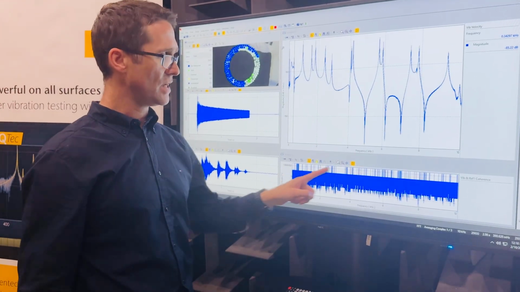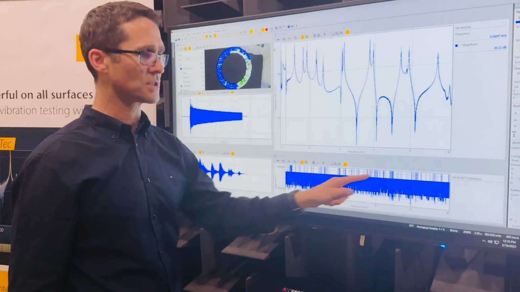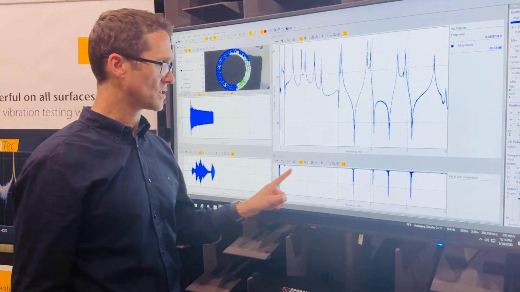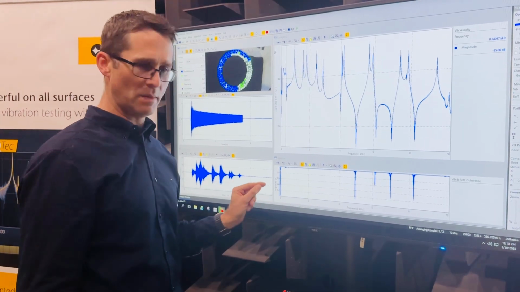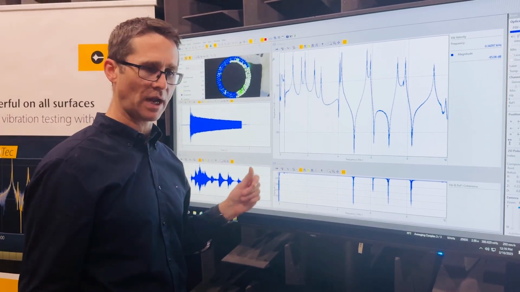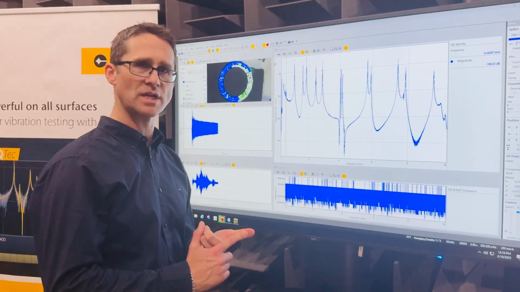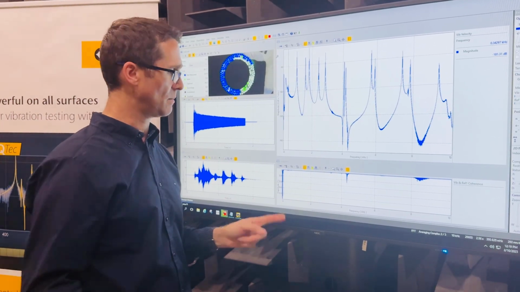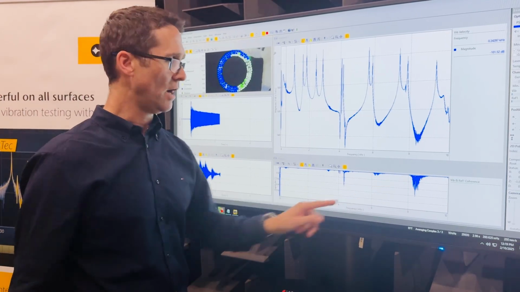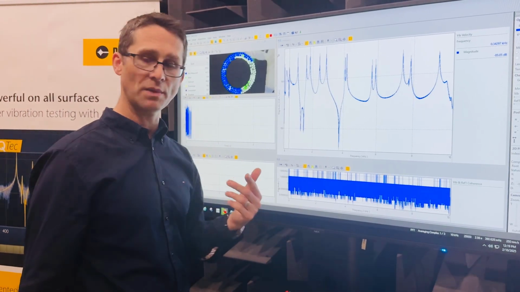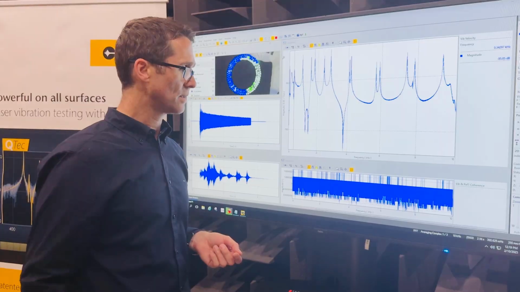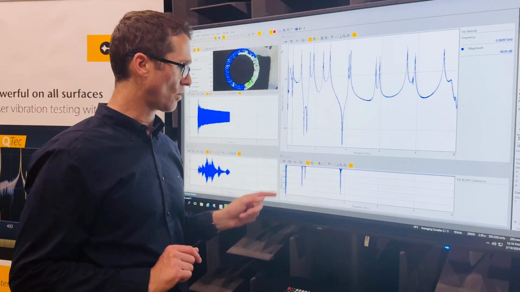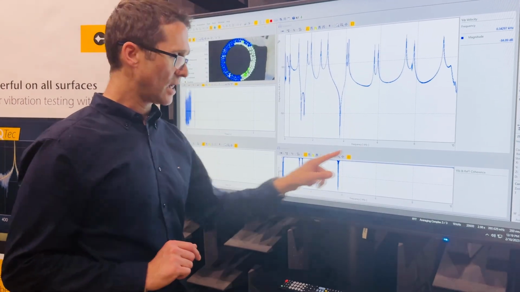The other curve that I have here is a coherence function. The coherence function gives me an indication of the signal to noise ratio of the measurements, taking into account the signal to noise ratio of both the vibrometer measurement and the excitation signal measurement, and we're aiming for a value of nominally 1. And as you can see, with this combination of lightweight shaker and laser vibrometer, we get a very nice looking